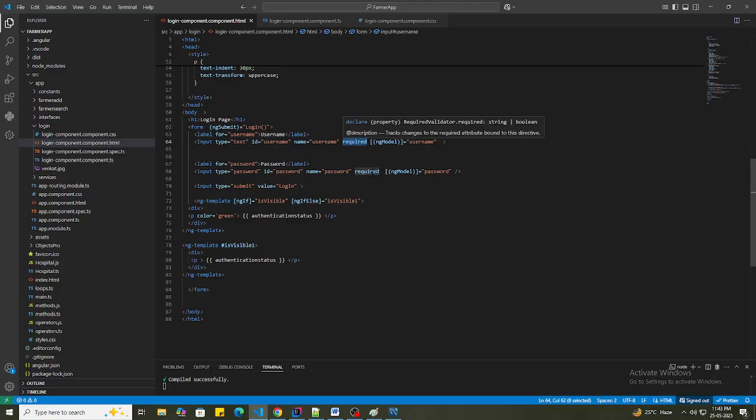I just gave the required. And the ng model, we have a square bracket and another bracket. What is this, we will see later. Give me a second. And yes, we can say it is the two-way data binding in Angular. So what is the two-way data binding in Angular? If you change anything in the front end,